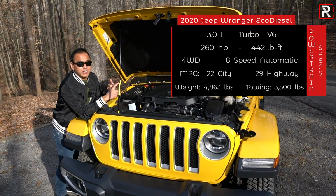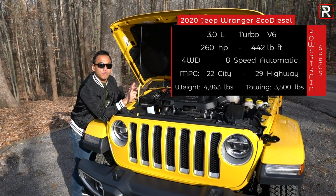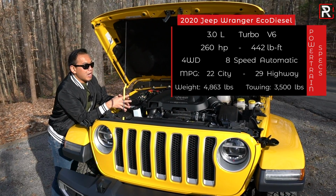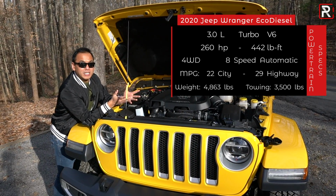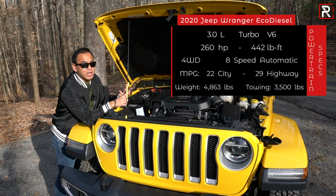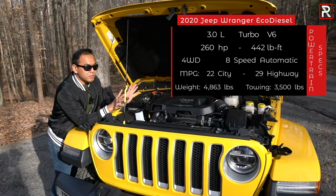They've relocated the injection system and the alternator, so this thing still has the 30 inches of water fording capability, so they've relocated so it doesn't actually get in the way. And the Wrangler EcoDiesel gets surprisingly decent numbers from the EPA, 22 in the city and 29 on the highway. I'll be honest, I was a little disappointed they didn't break the 30 mpg mark, but remember, the Wrangler is basically a brick,